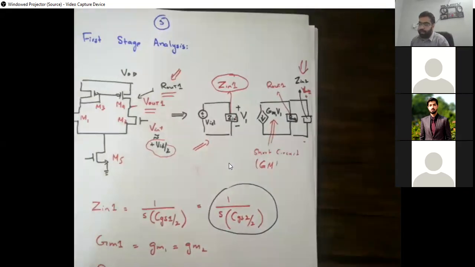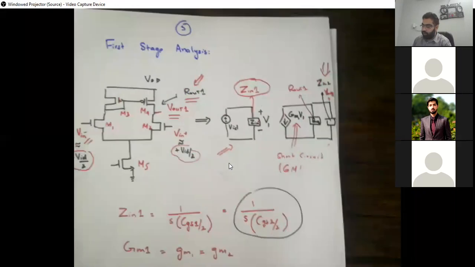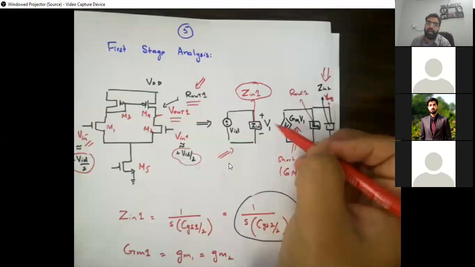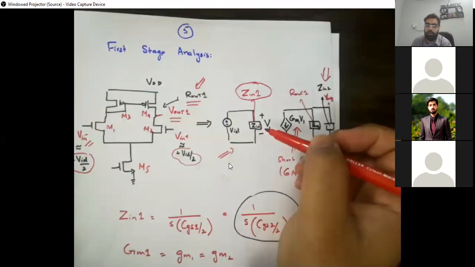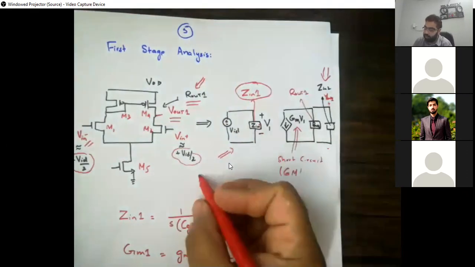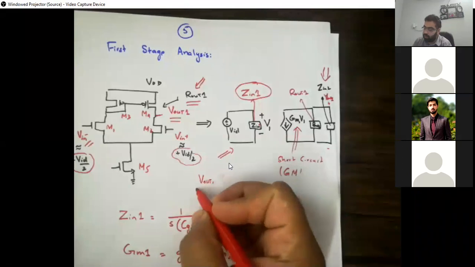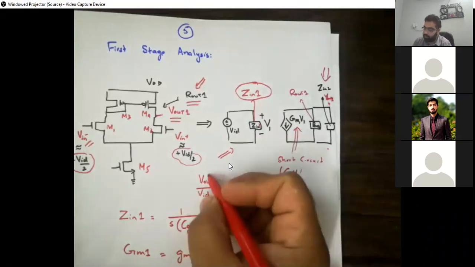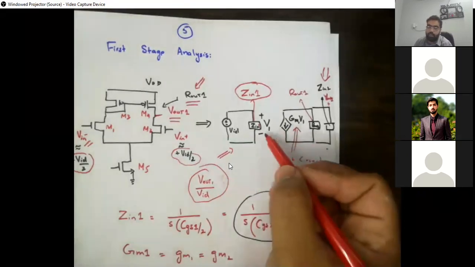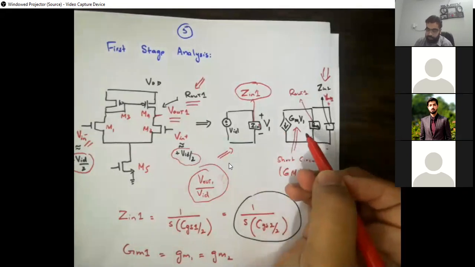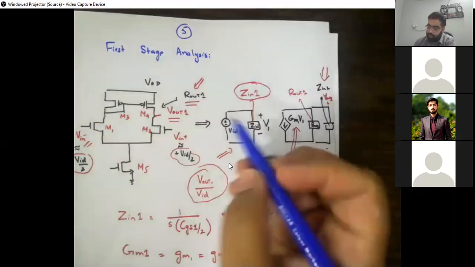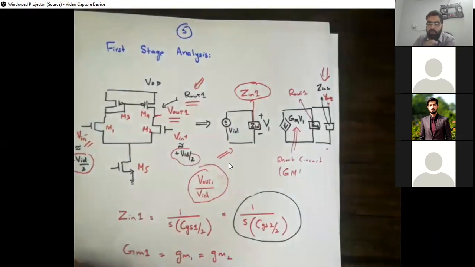So now जो हमारे एक analyze करने के लिए हमें चाहिए क्या होगा? We need to find this Zn1, we need to find this Rout1, and we need to find this GM1. VID is the input and Vout1 can be find an output. हमें अगर पहले stage का gain find करना हो या overall system configuration find करनी हो, we are interested in Vout1 by VID. ठीक है, हमें ये दो चीजें चाहिए. उसको reduce करने के लिए अगर हमें GM1 पता हो, Zn1 पता हो और Rout1 पता हो, we can find that easy. Moving forward, first thing Zn1 क्या होगा? अगर मैं सिर्फ DC सिग्नल की बात करूं.